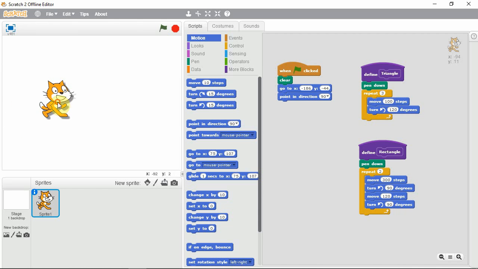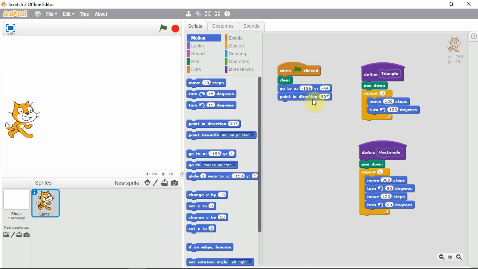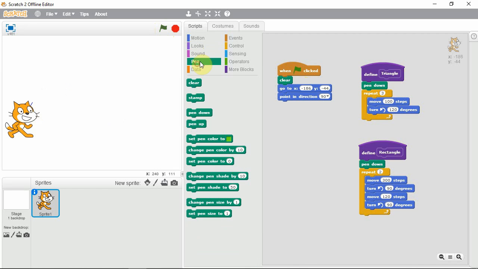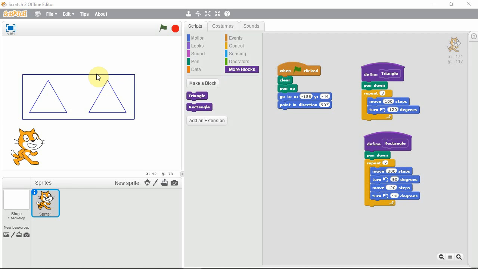Okay, so just to show you these shapes, if I double click on the variable, again we have our triangle and we also have our rectangle like so. Let's again click this button and it will clear it and put him back here. Now what we're going to do is make sure our pen is up. So we want to clear and pen up. So we can see it's drawn this. Okay, much better. For our activity today, you're going to create a script to make a shape similar to this